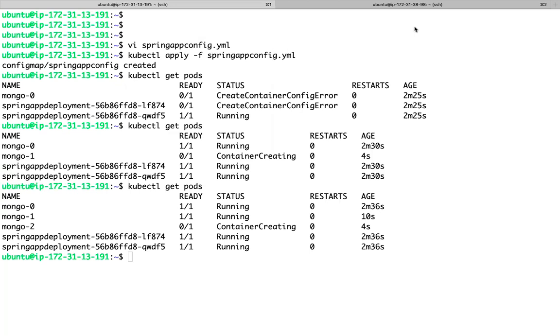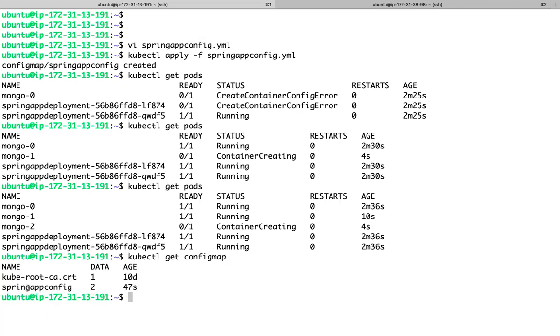So I can externalize this one. I can create a config map. You can directly create this config map from the CLI using a command or a manifest, right? But what is the problem with config map? What is secret, right?